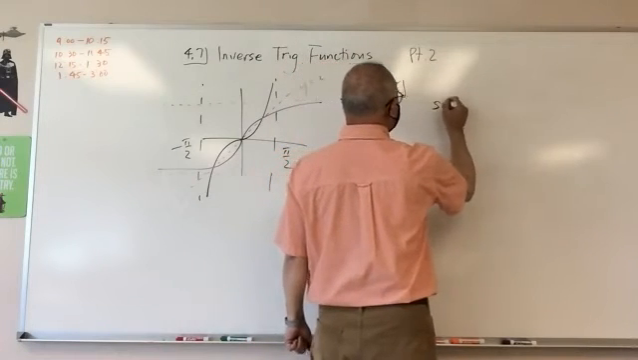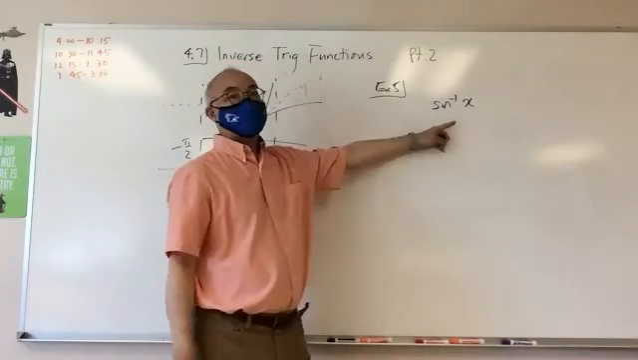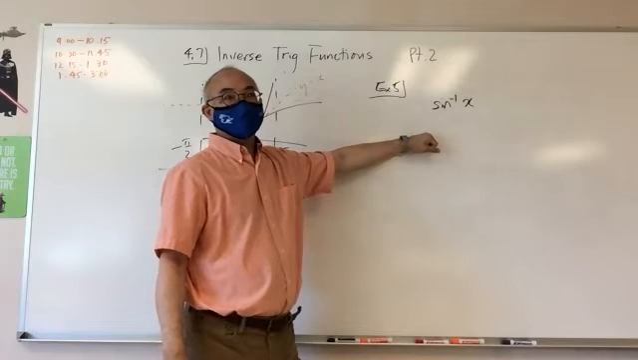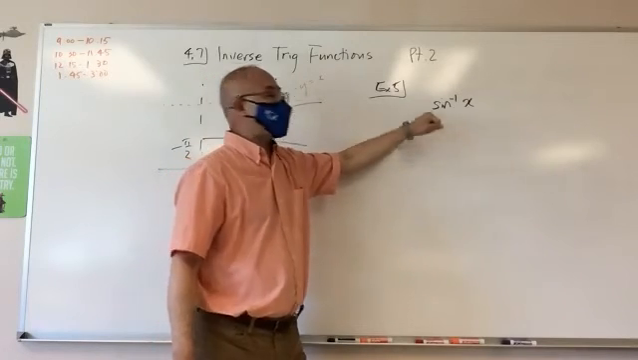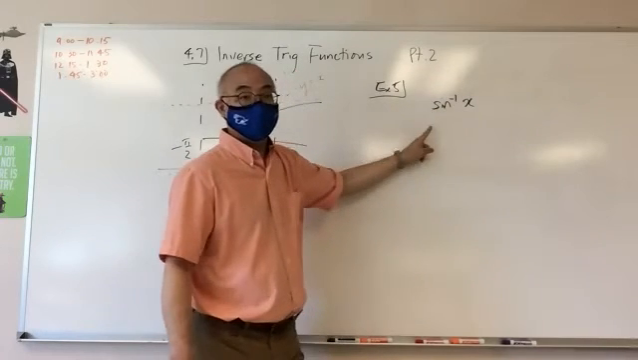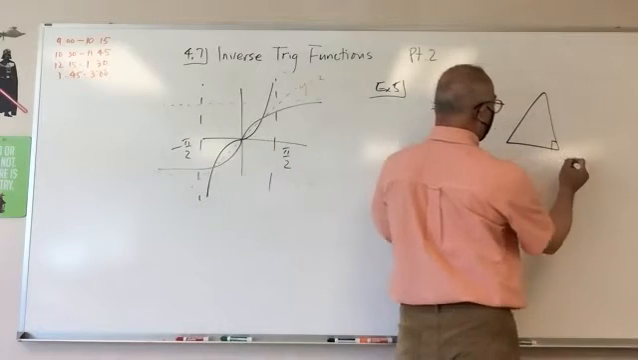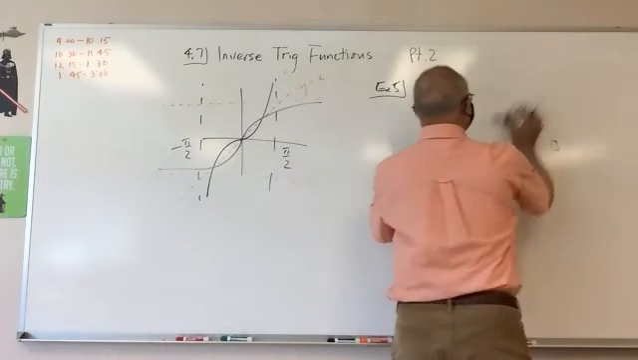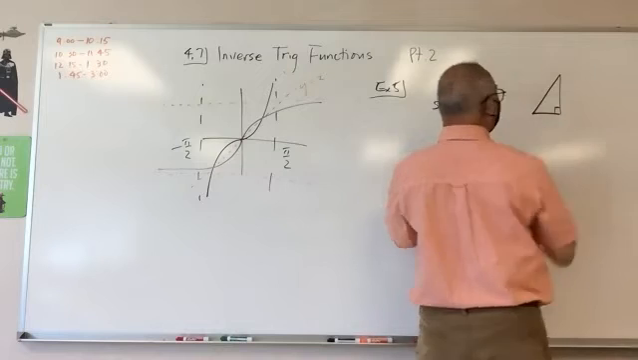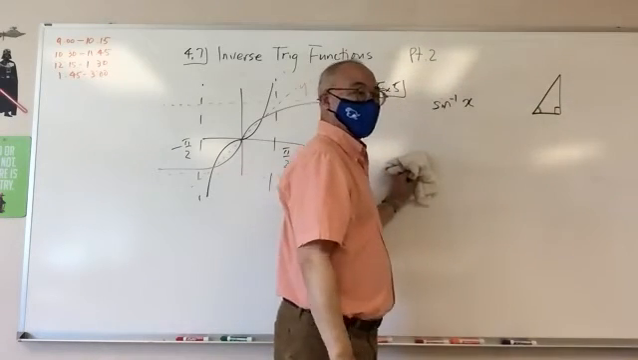Okay, so we have the arcsine of x. So what is this? Is this a value or is this an angle? It's an angle, right? It's an angle that gives me this value. That doesn't look like it's 90 degrees. I can do better than that, right? If this is this angle,